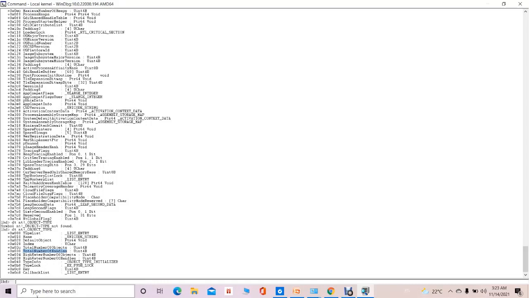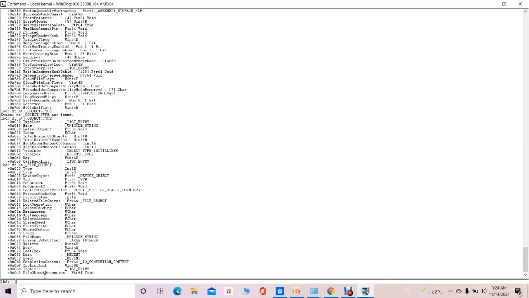Then another command which is important to the forensic investigator is dt space nt punctuation symbol underscore file underscore object. By using this command, the single instance open of a particular file can be tracked using the file object structure.